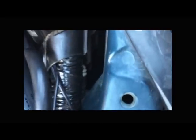As you can see, I now have working fog lights wired into the stock system. And how I did that was I ran the ground from the battery versus the bumper, like some people do. Like it's going down into the bumper, as you see. I ran them down to the fog lights. You can use